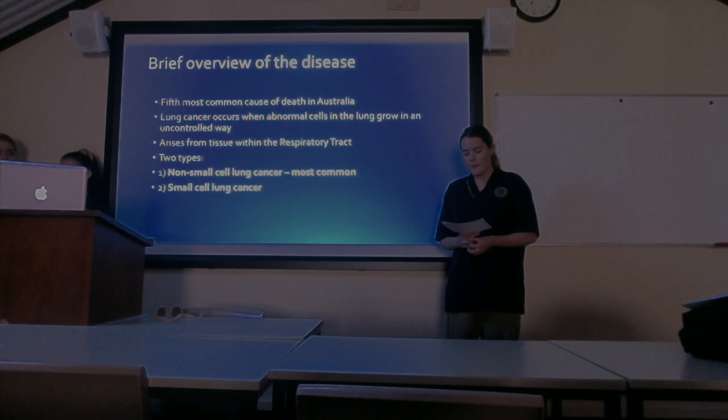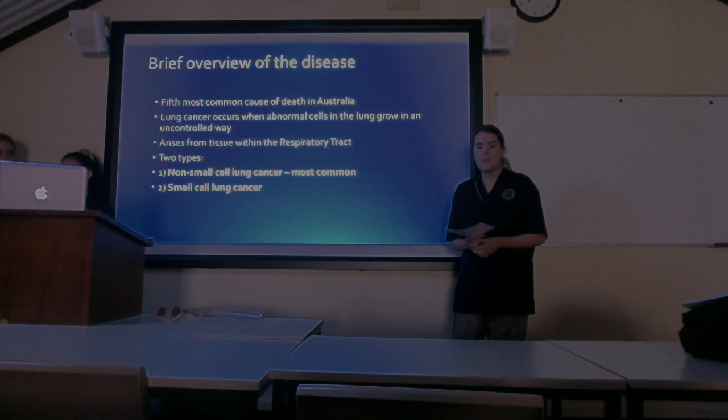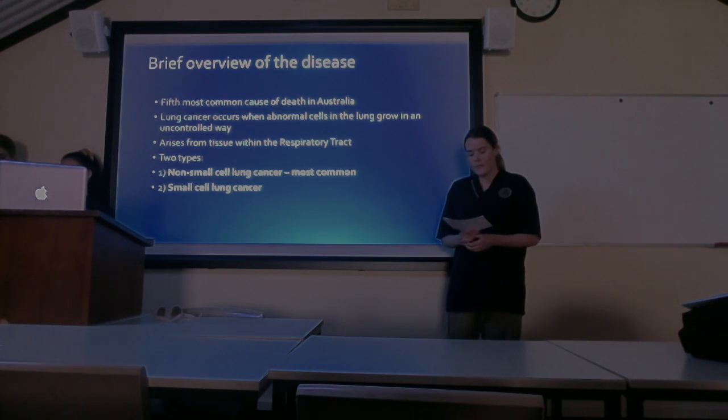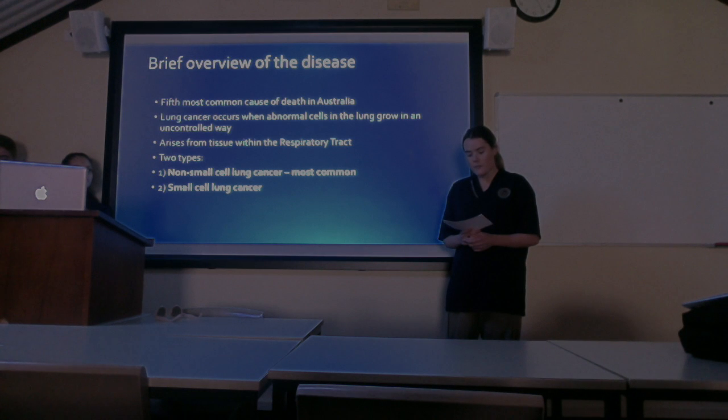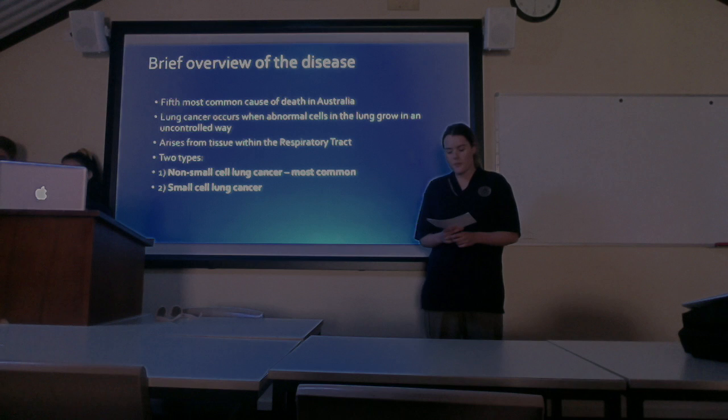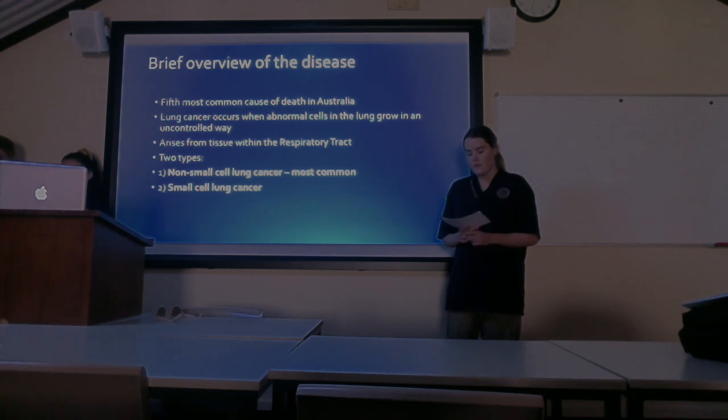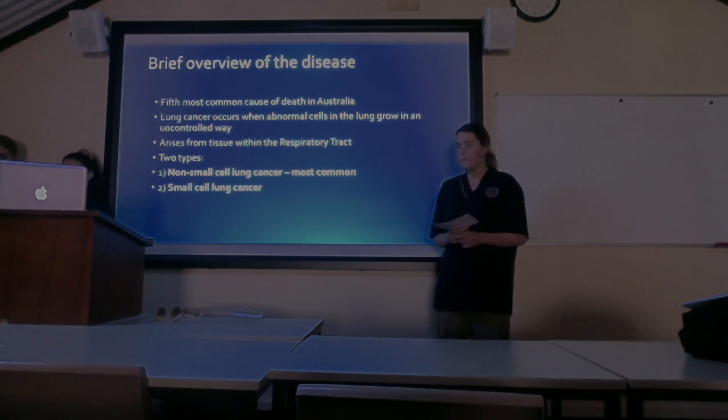Divided into two separate parts, non-small cell lung cancer is the most common with 80% of cases. Developing in the larger airways of the lungs, it is commonly diagnosed in current or former smokers, and is also the most common in non-smokers. Small cell lung cancer usually begins in the middle of the lungs and spreads more quickly than non-small cell lung cancer. It accounts for between 15 and 20% of lung cancers.